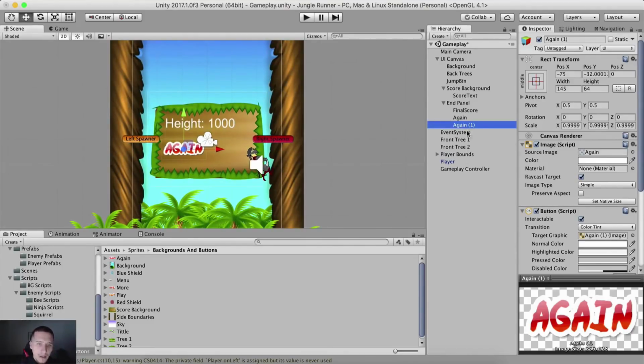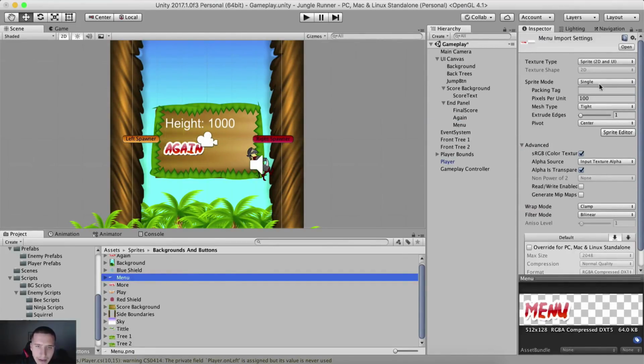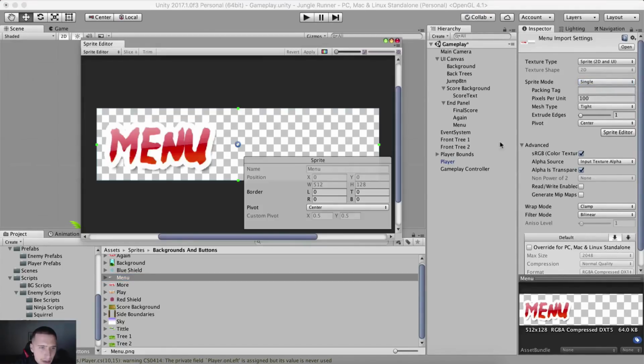I'm gonna duplicate this one. So this again is duplicated. I'm gonna call the new one menu. And let me just find our menu. It's somewhere around here. So here it is. Now the menu, I will need to go into our sprite editor and